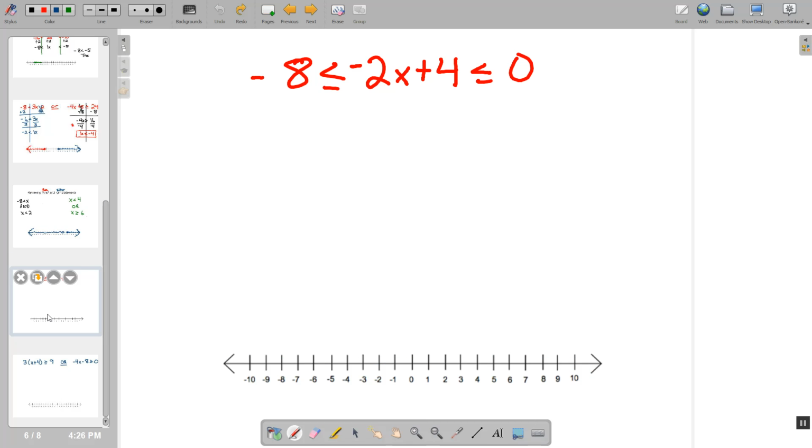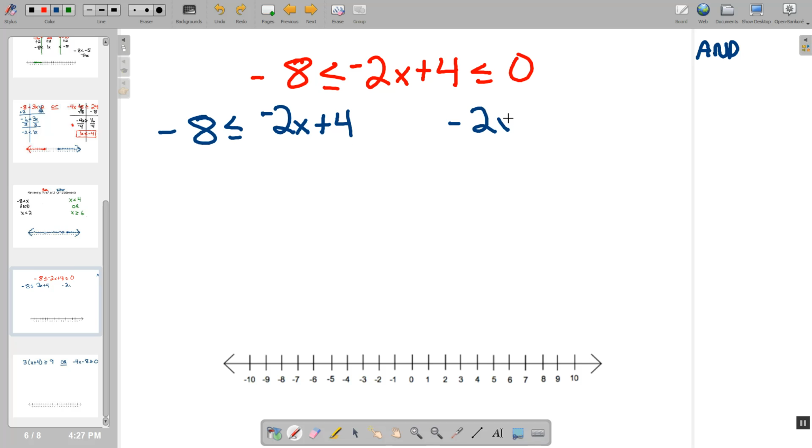For solving "and" statements, in this case, because these two statements are together, we can make this into an "and" statement. This would be the same thing as splitting up the middle to both sides. So this would be a true statement. And also, this would be a true statement. And I could solve both of these equations, and I could make the "and" statement from that. But in the last video, we talked about